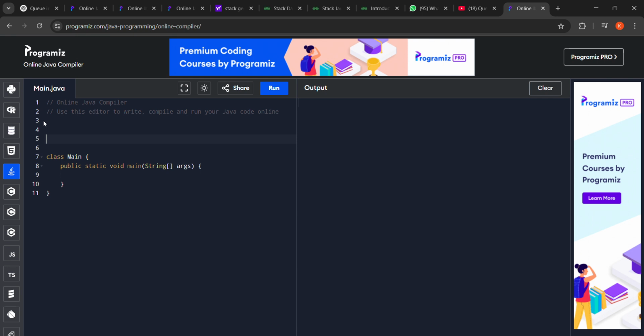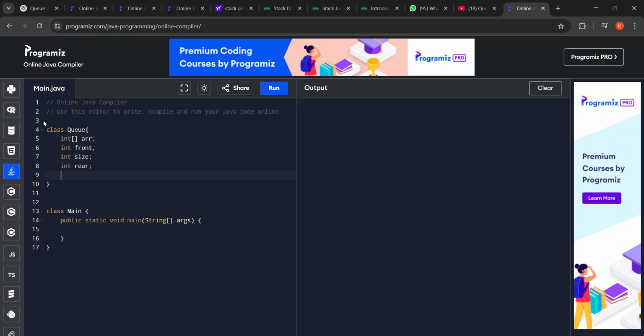So let's get started. First, you'll be creating a class Queue. In that class Queue, you will be assigning the array, and you'll be having two variables, which are front and size, and rear, which is the last element we'll be tracking. And in that we'll be having a constructor called Queue, and we'll be passing a variable called size,